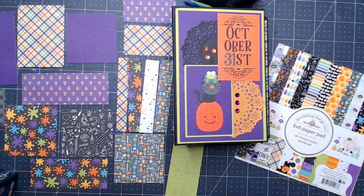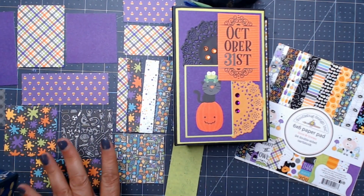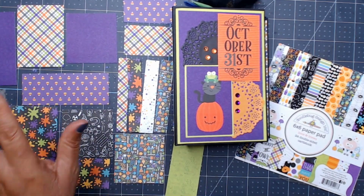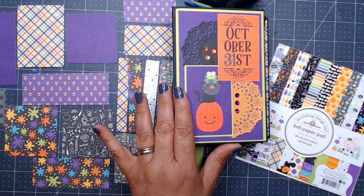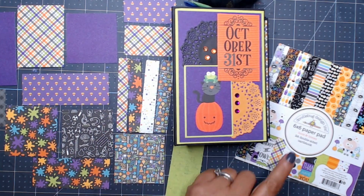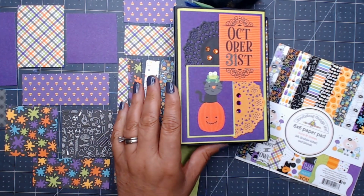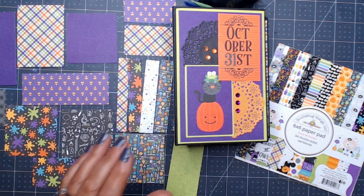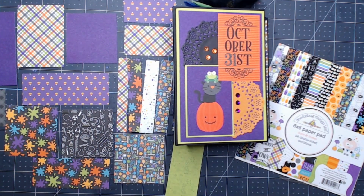And here is what's left of that paper pad. You see I don't have very many scraps, maybe enough to make a card or two. And then there's the mini album. So that is what I made with my leftover paper from Doodlebug's Booze and Brews collection for Sandy's 13 Frights Before